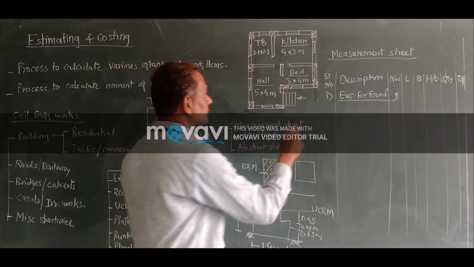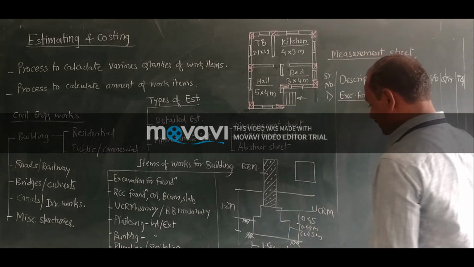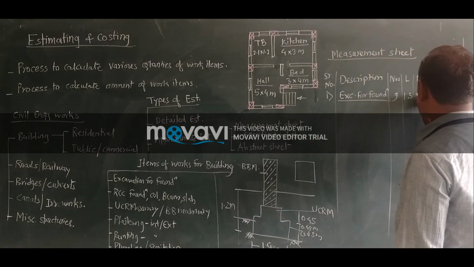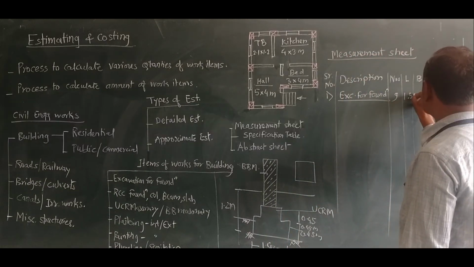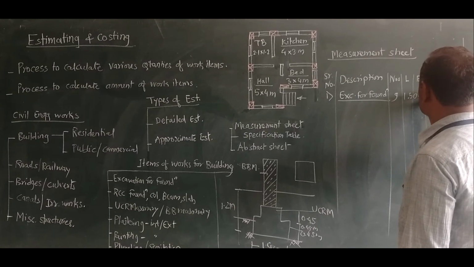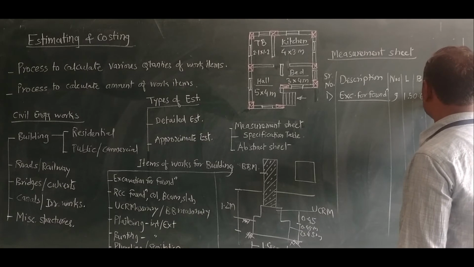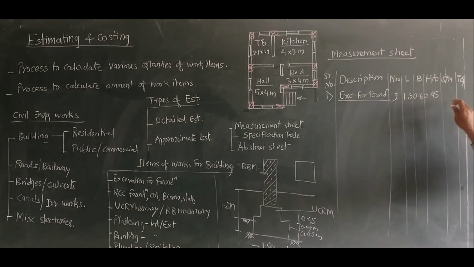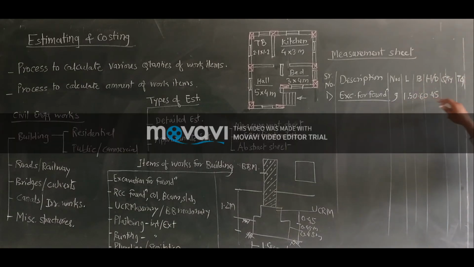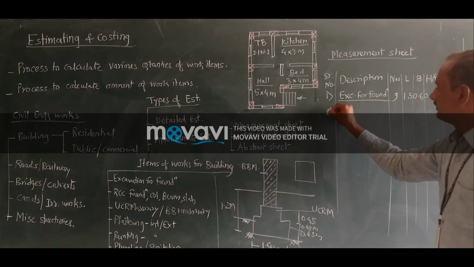Right. So 1.5 into breadth, it is 0.6 meters and height is 0.45. After doing the multiplication, we get the quantity for excavation for foundation. Likewise, second,